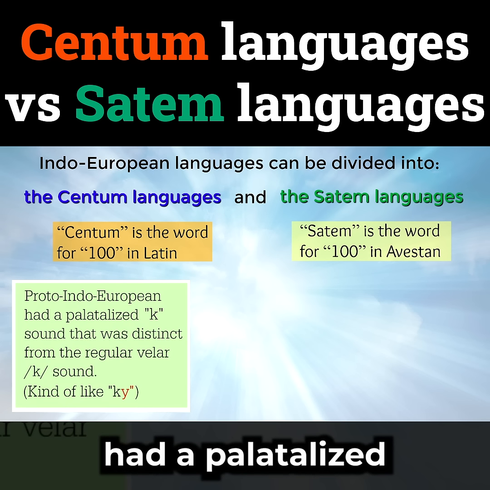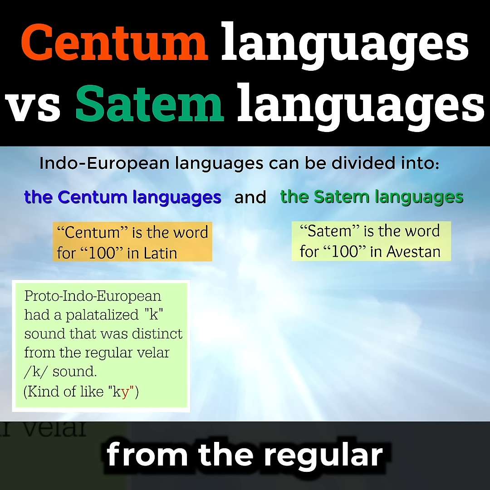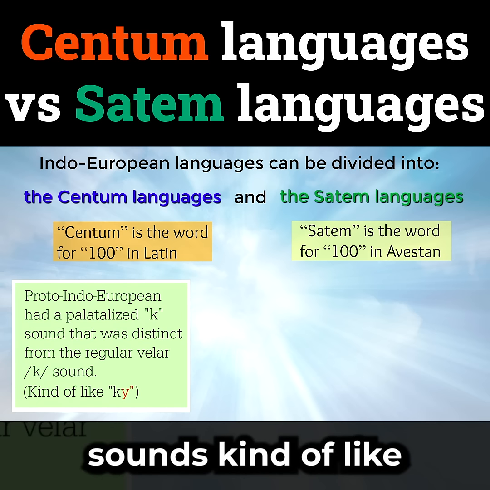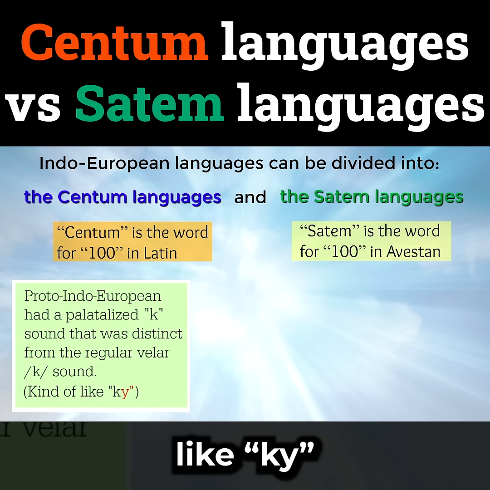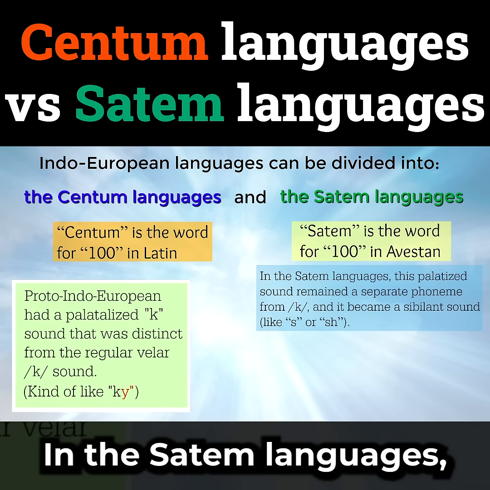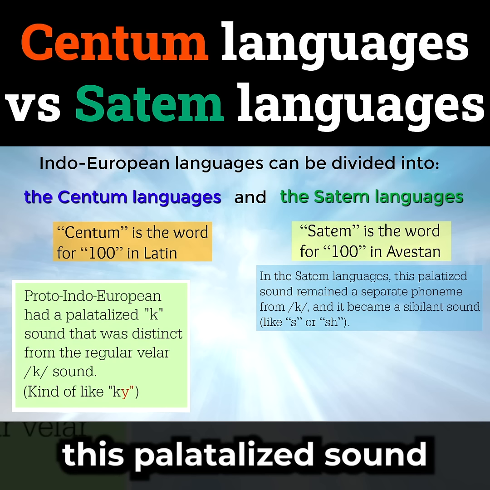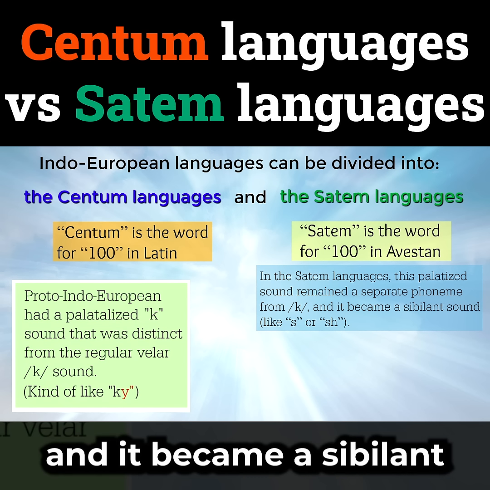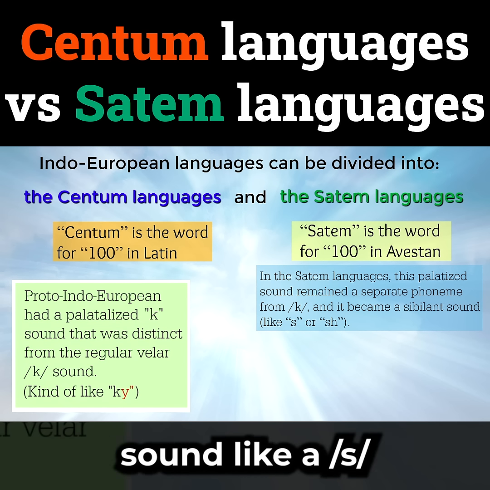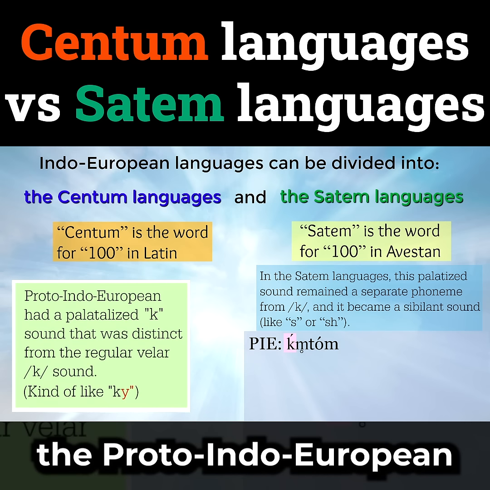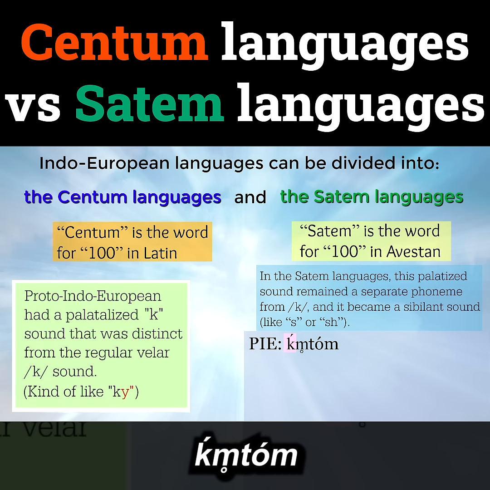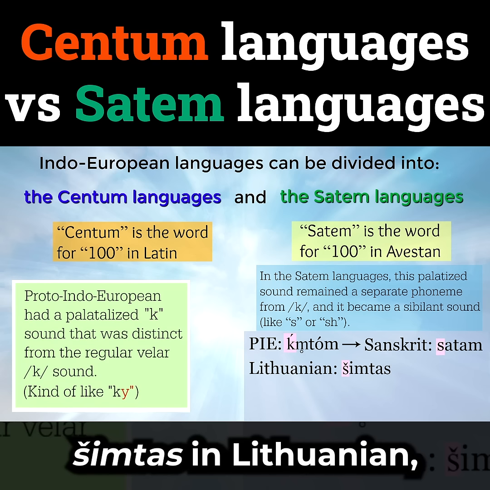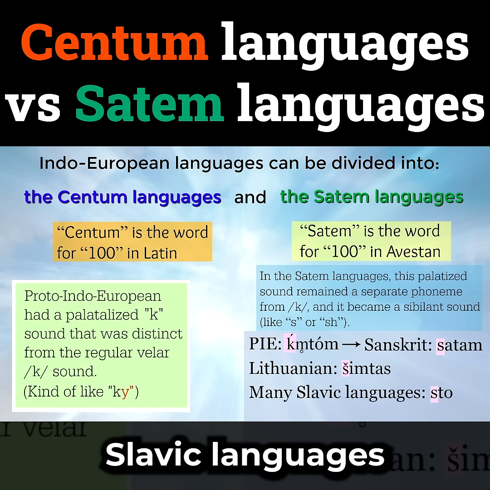Proto-Indo-European had a palatalized K sound that was distinct from the regular velar K sound. A palatalized consonant sounds kind of like it's followed by a Y sound, like K-y as opposed to K. In the Satem languages, this palatalized sound remained a separate phoneme from K, and it became a sibilant sound, like an S or a Sh. So the Proto-Indo-European word for 100, Kyumtom, became shatam in Sanskrit, shimtas in Lithuanian, and in many Slavic languages it's